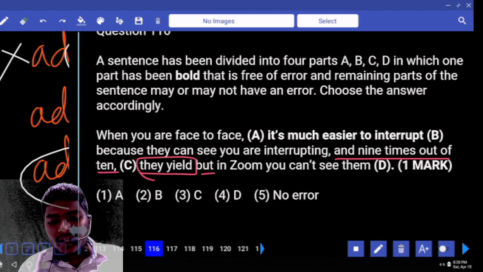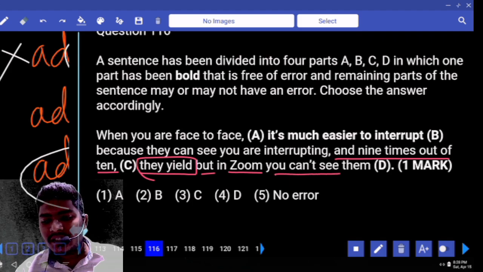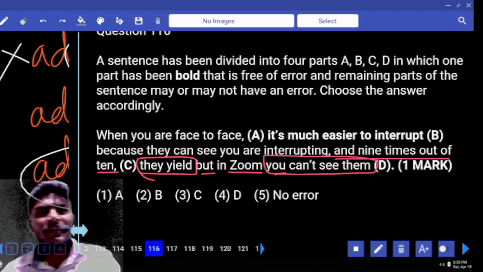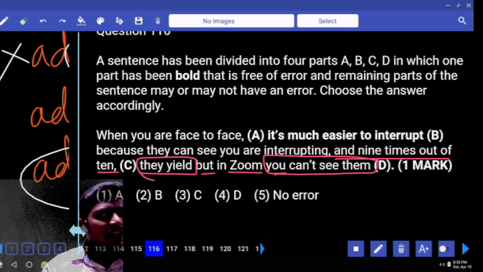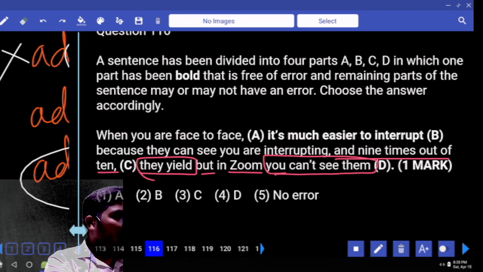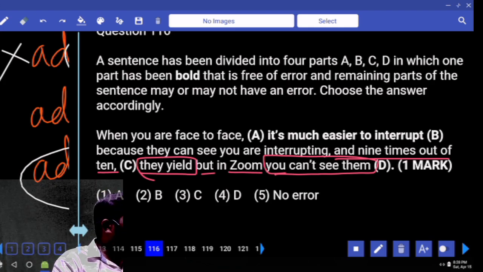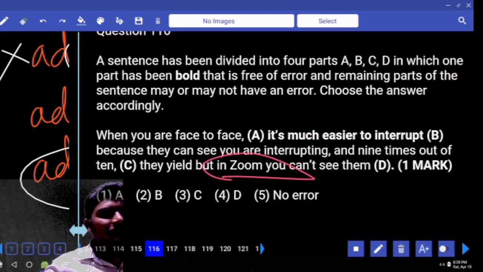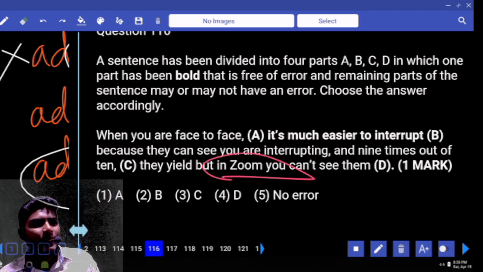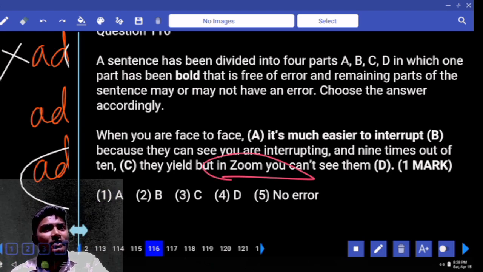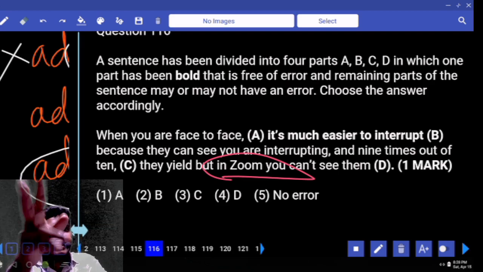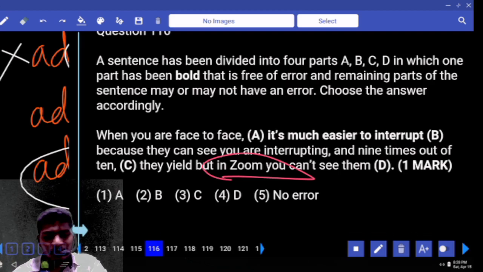But in Zoom you cannot see them. నువ్వు తప్పు చేసిన ప్రతిసారి వాళ్ళు నిన్ను చూస్తూ ఉంటారు ఫేస్ టు ఫేస్ అయితే. లెట్ us say face to face ఇంటర్వ్యూ అనుకుందాం. Now if you make a small error, you would be immediately caught or not? Yes. But in Zoom what happens? In Zoom what happens? Directly they see you face to face. In Zoom,